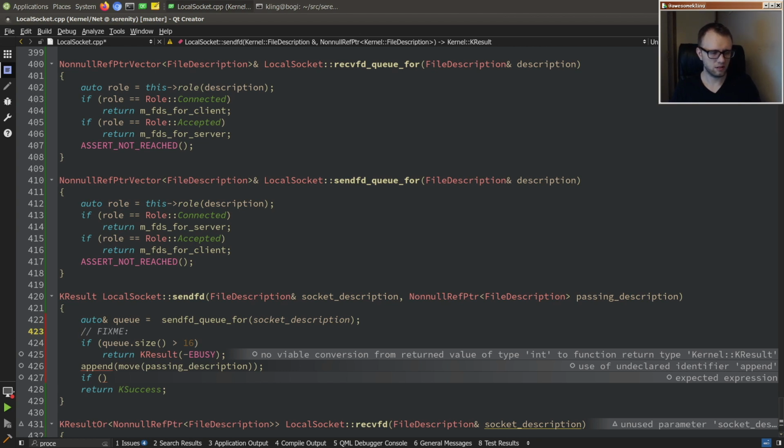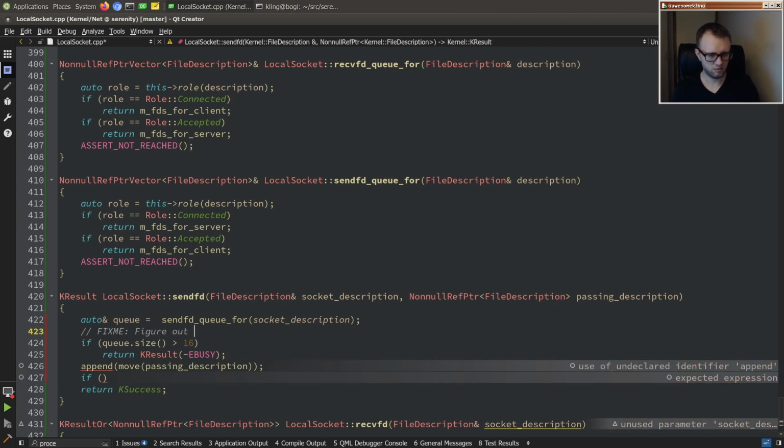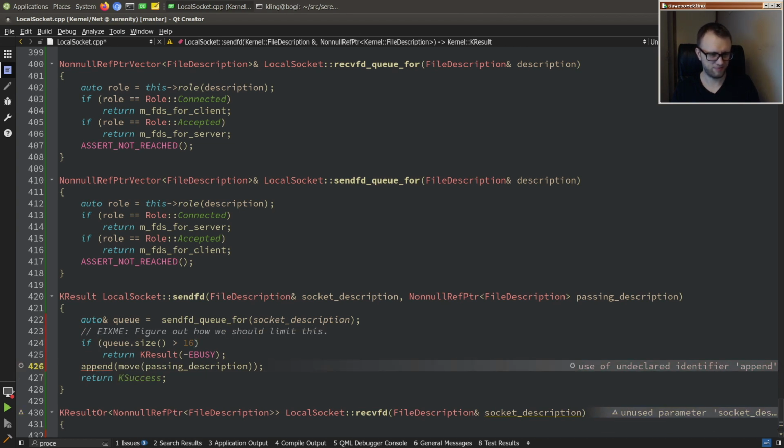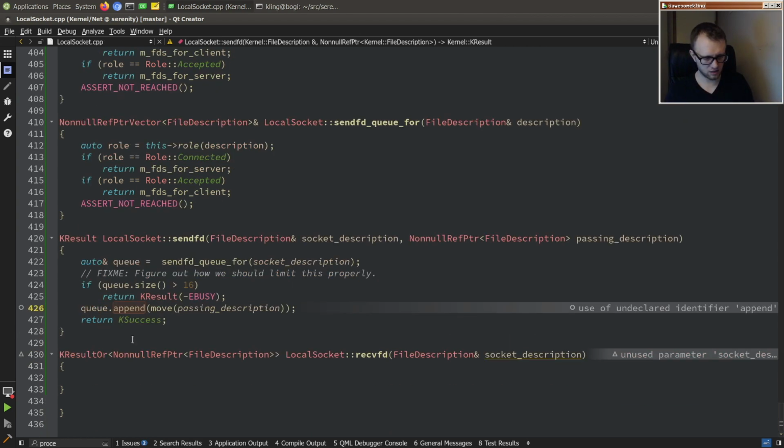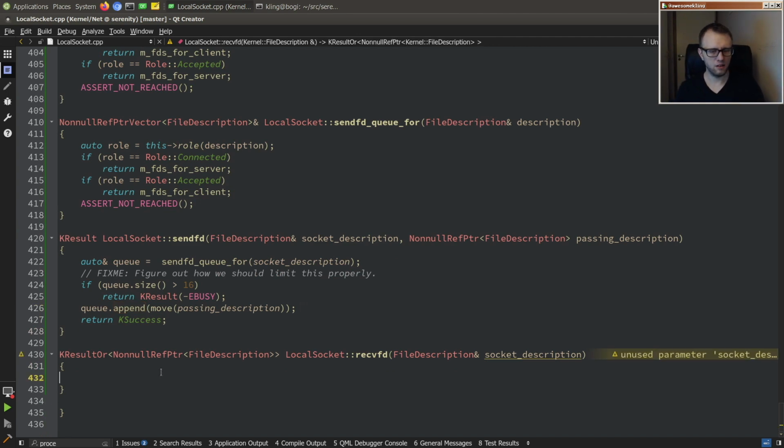Fix me, figure out how we should limit this. That's just how we should limit this properly, let's say. So it's just to have something that stops the train if it starts to go too fast. Otherwise, queue append, and we are good. And then when we want to receive,